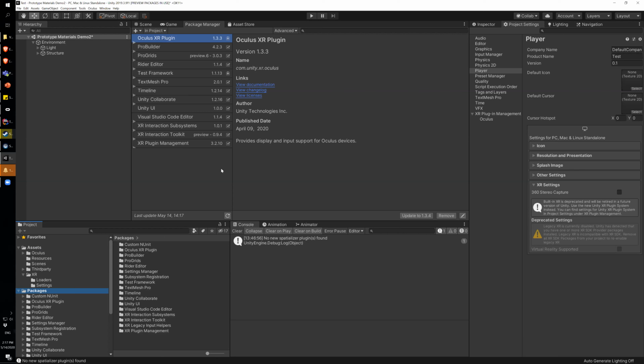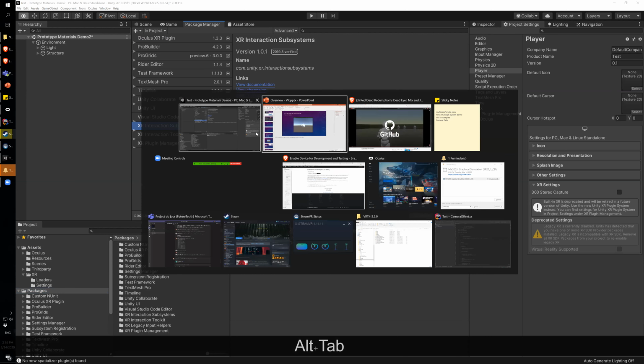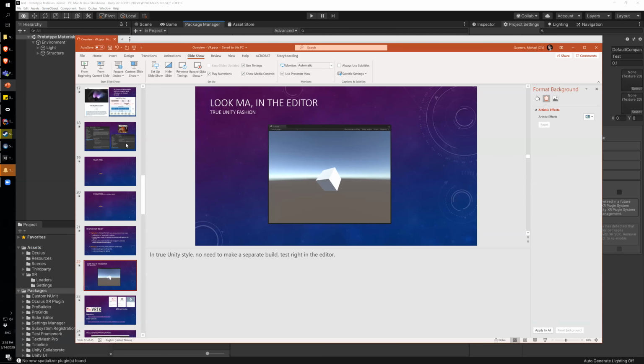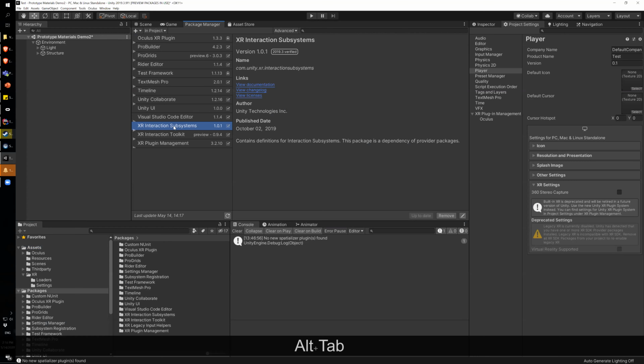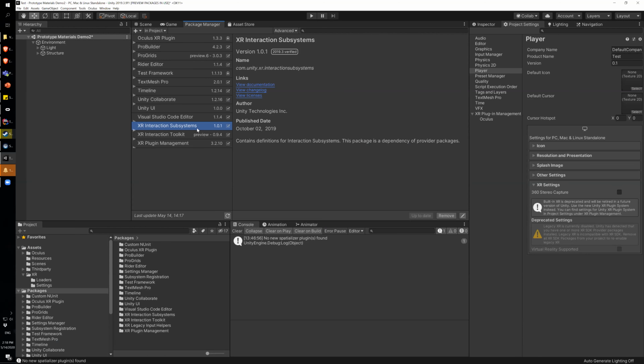So to use the new system, you have to get some of the new packages, like was mentioned in that Unity blog post, right? This is XR interaction system. I guess let me go back to this picture, right? XR interaction toolkit, they called it right there. So here's the subsystems. You need to make sure that this is checked in. And actually,